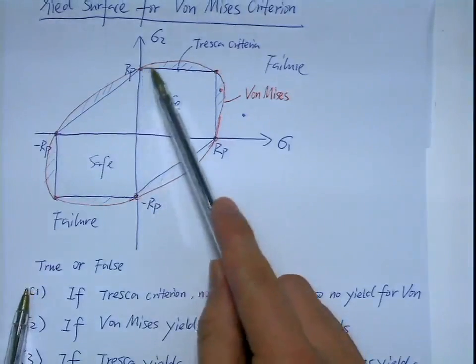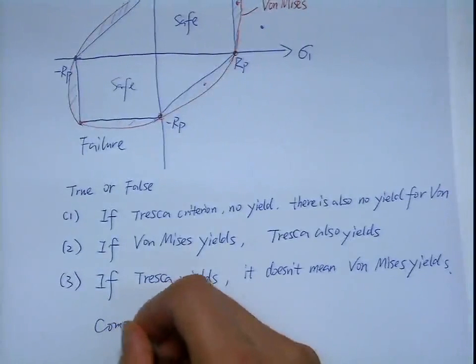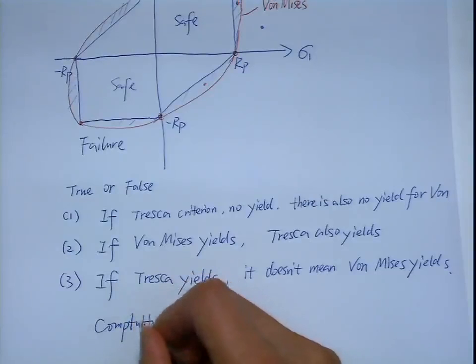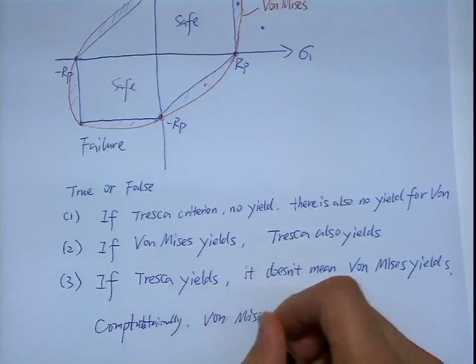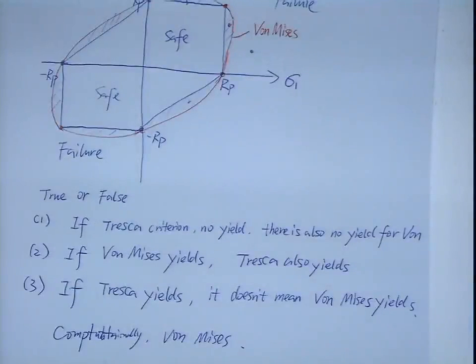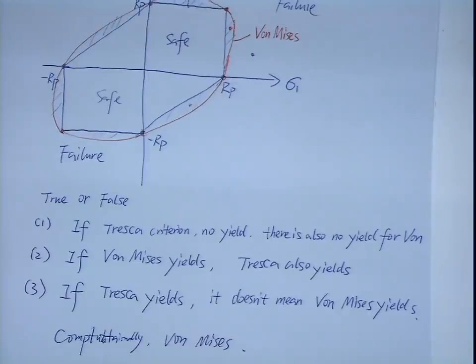There's no sharp corner in the Von Mises. So computationally, you will prefer Von Mises. And mathematically, I would say Von Mises is also more beautiful. But Tresca is just the simple version. Both are okay. Doesn't matter. So if someone is really doing a project and asks which one to use in Abaqus, I would suggest using Von Mises if you want to calculate something. That gives you probably more easy